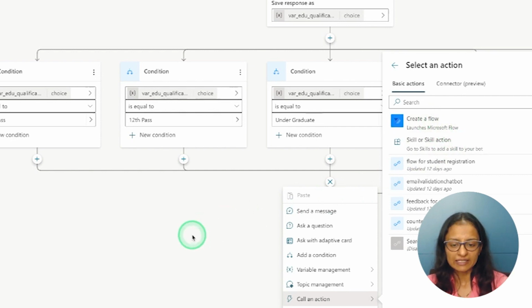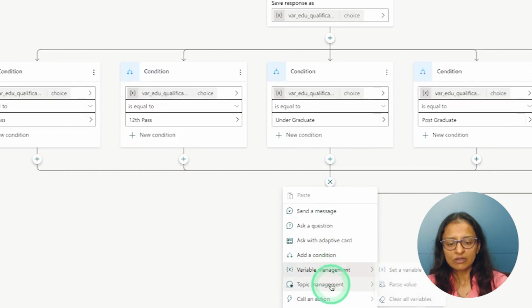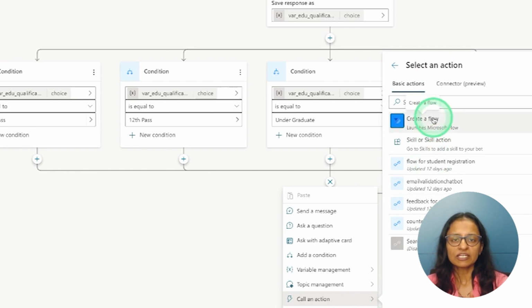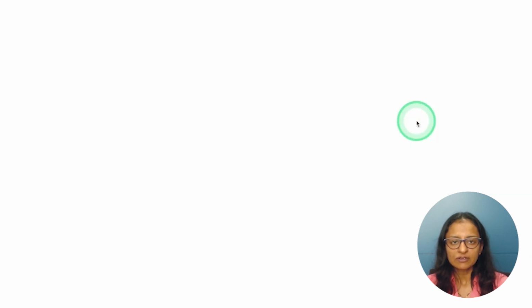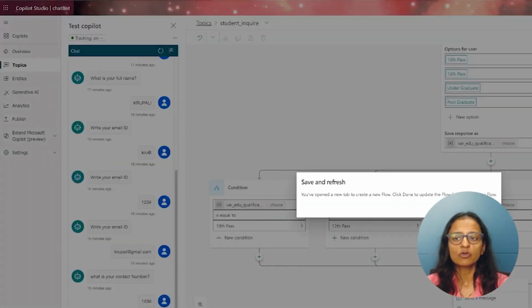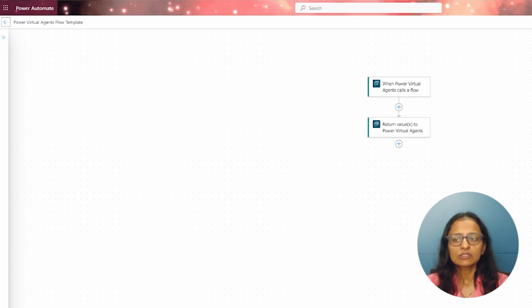So how can we connect that? For that, you need to click on that plus sign and click on call an action. Once you call an action, you will get this. So the first time we are creating it, and if the flow is already created, we can select it. But since we are learning, we are creating our new flow. So you need to click on create a flow. Before creating a flow, make sure you are creating the flow in the same environment. Okay, so here check the environment which is there. Now see here, it will show 2 different steps.